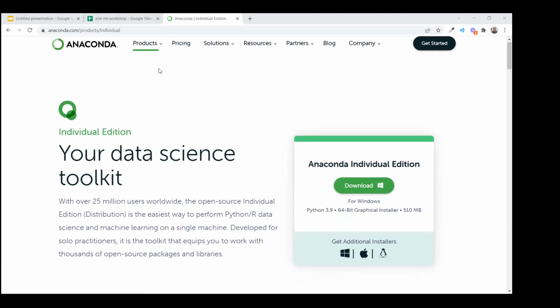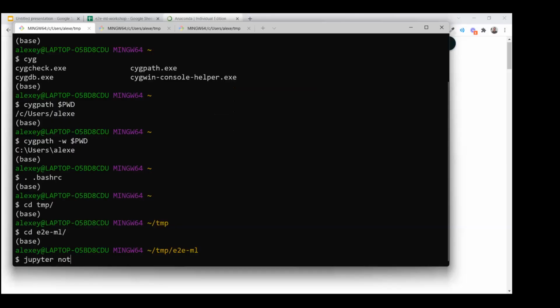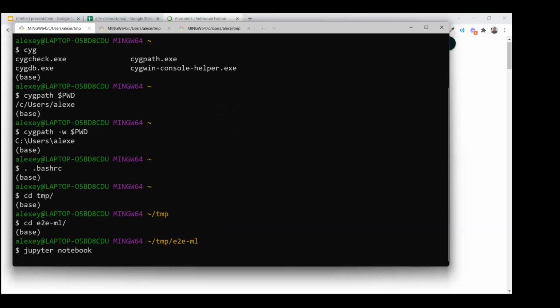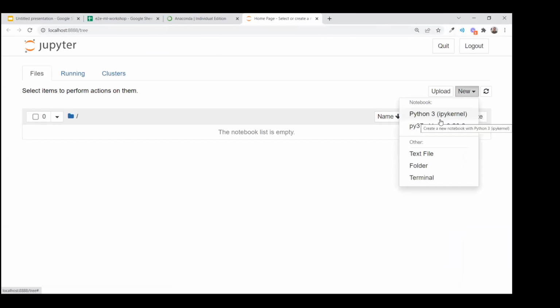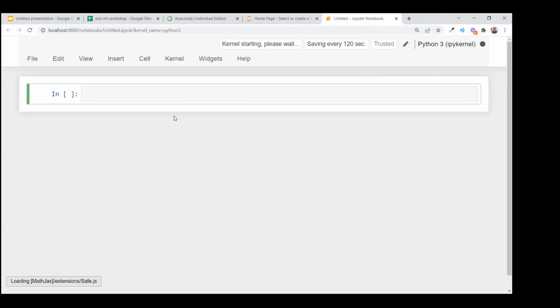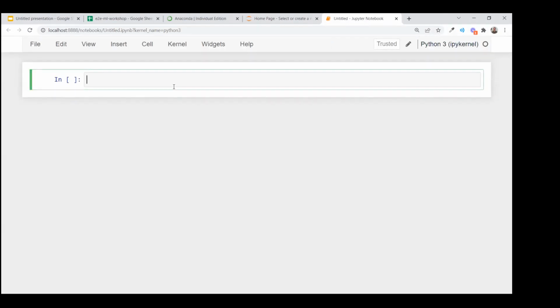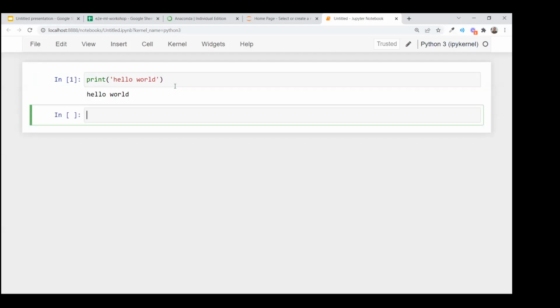And now I want to start Jupyter. Jupyter is an interactive web environment for Python. I don't know how many of you already know this, but just in case somebody doesn't, I'm going to introduce the tool. In Jupyter, we have an interface that allows us to write some Python code, something like print hello world, and it will execute this and reply back. It's very interactive, very good for data science, and very useful.